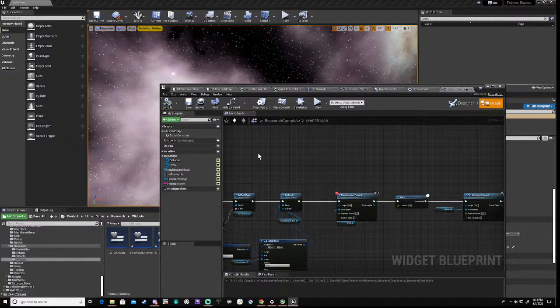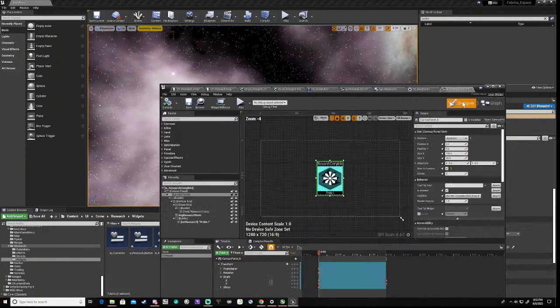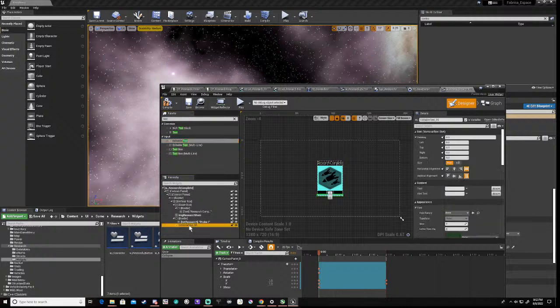Right, compile that. Now, what I want to know is, if I just go here, right? Now, I'm going to delete this again, so don't worry. This is just me mucking about, right? But if I put an editable text box and I put it into here, I'm just wondering if this, right,